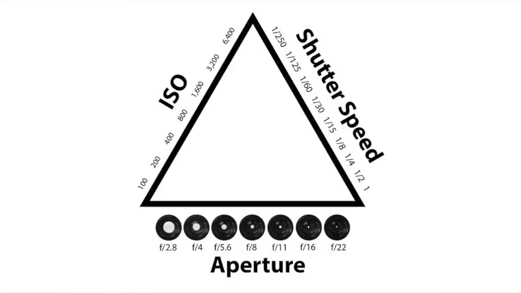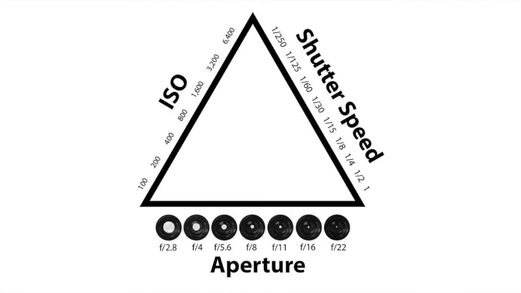Hello everyone, this video is designed to give you a solid primer on the topic of exposure in photography. And exposure is comprised of three variables, including aperture, shutter speed, and ISO, which together control the amount of light